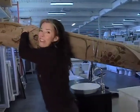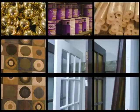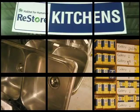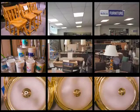Habitat Restore. Come on, I'll give you a tour. We sell gorgeous building supplies and hardware at fantastic prices. Where do we get this stuff? We receive donations from local renovators, hardware, and building supply stores. Then we sell them at great prices, and that means our shoppers can do repairs and renovations at a fraction